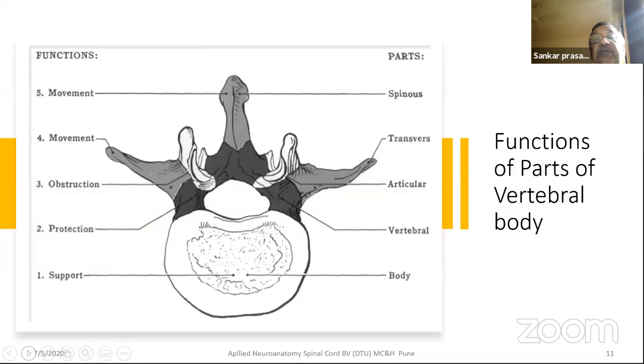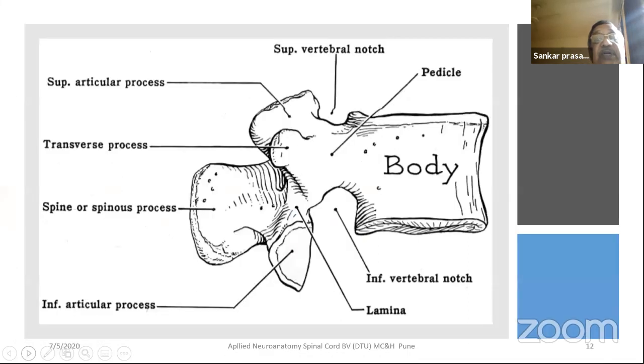Another important thing to know and not to get confused is the anatomy of the vertebral column, which initially I was myself finding difficult to understand, but slowly you pick up. This is the posterior aspect, which has the spinous process, and these two are helpful in the movement. There's a transverse process, and this is the articular process. This is the vertebral arch, and this causes the protection. This is the support. We'll see more of this anatomy and the disc that can get protruded and cause the